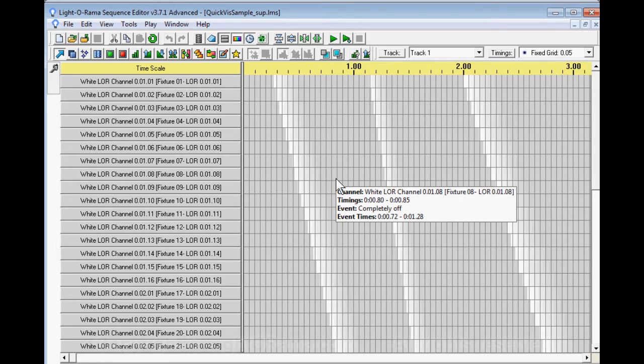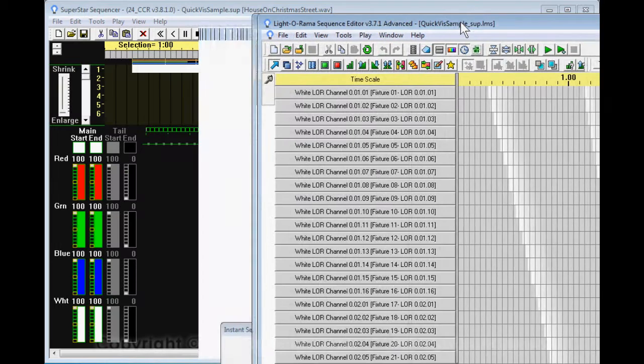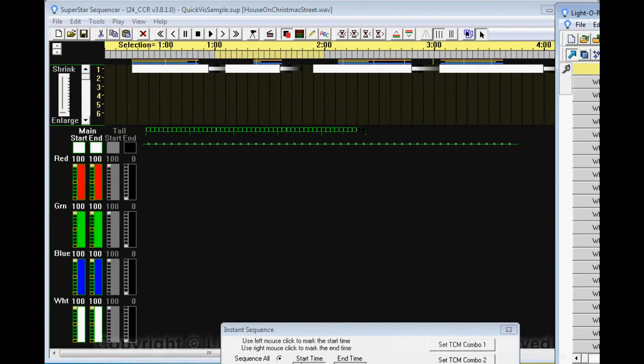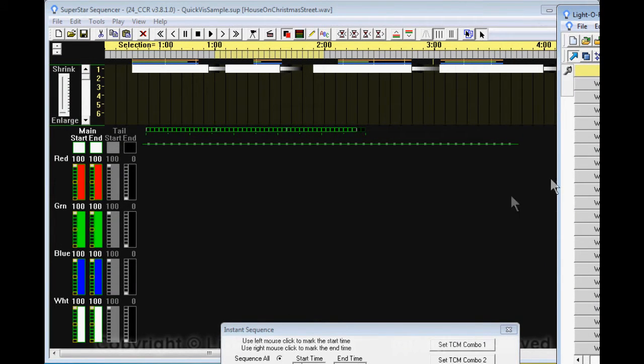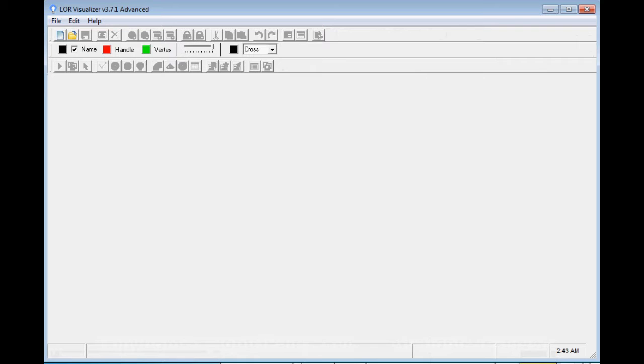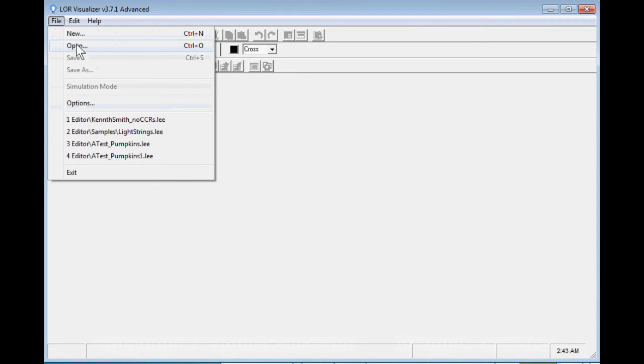I don't have a set of real lights that I can play this to, but I do have a visualization, and the whole purpose of the visualizer is to let you see what your lights look like. So that's what I'm going to use it for. I happen to have the visualizer already launched here, and I'm going to click on the file menu and say open,